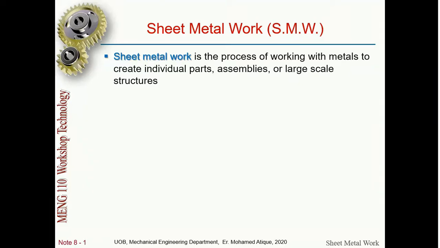First of all, what is a sheet? Any metal object whose thickness is less than 0.5 mm comes under foil. Any metal object whose thickness is more than 6 mm comes under a plate. So less than 0.5 it is foil, and if it is more than 6 it is plate. And all the metal between 0.15 mm to 6 mm is termed as sheet.